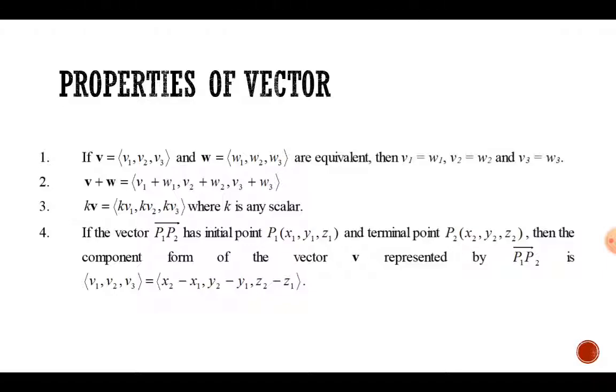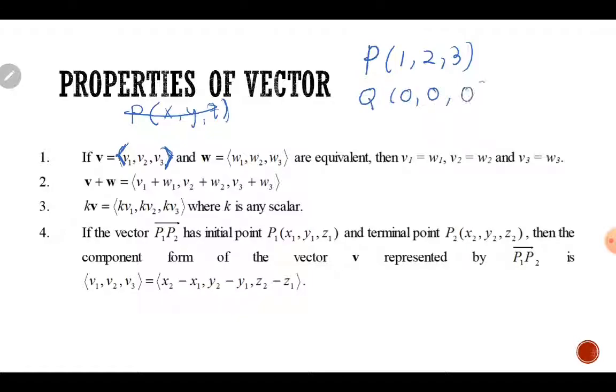Ni beza ya. Yang ni adalah vector. Sebab you nampak tak, dia bukan bracket biasa ni, dia macam less than or equal symbol. Kalau point, kita akan dapat dia open bracket. You jangan tersilap. Kalau point X, Y, Z, ataupun saya bagi example lah, kalau point kita 1, 2, 3. Another point, katakanlah point Q kita 0, 0, 0. So, untuk dapat vector QP, for example, QP,